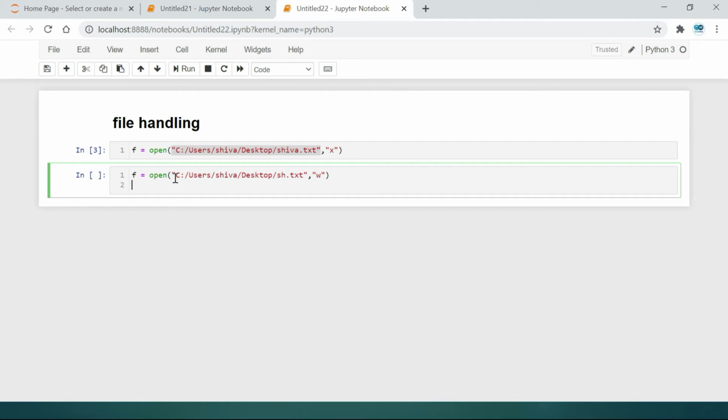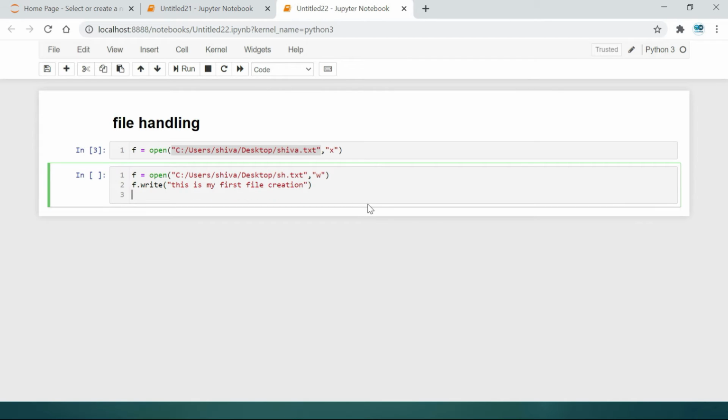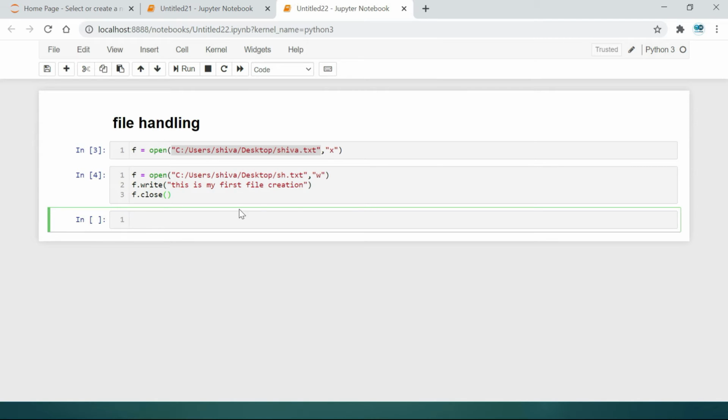What should I write? f.write, and in between the parenthesis we write something like, this is my first file creation. Then we close this function. Just shift enter.